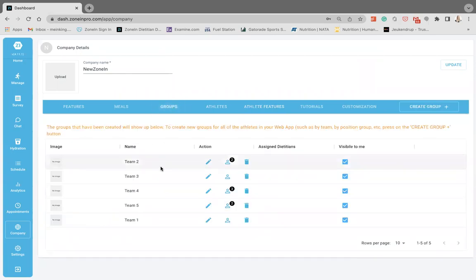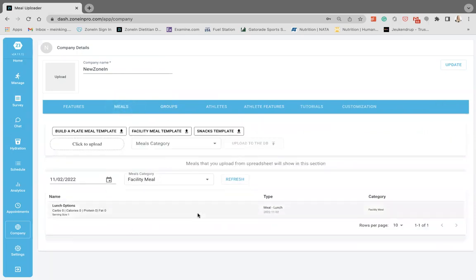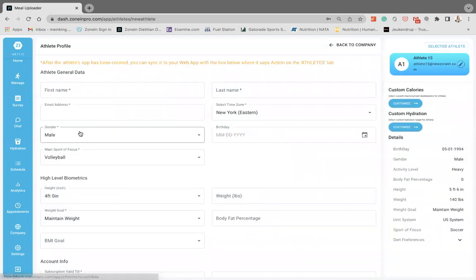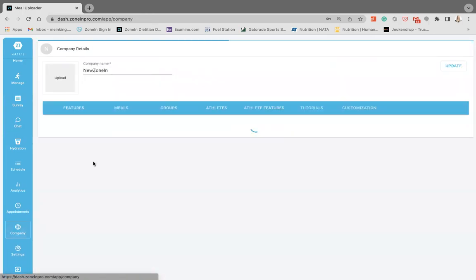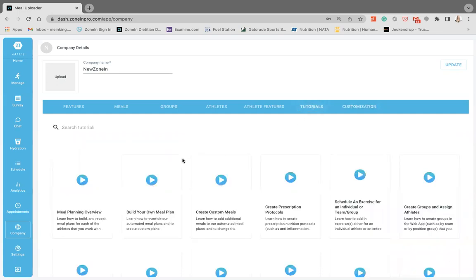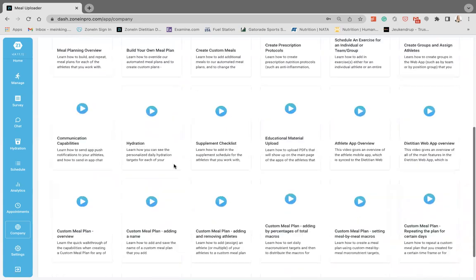This is where you can create those groups and group your athletes by teams or certain positions. This is where you can upload those facility meals really quickly and easily. This is where you can come in and create any athlete at any point in time. Pretty simple there. And then lastly here, this is where you can, of course, customize your app in terms of logos, colors, etc. And then this tab is all a bunch of tutorials going over some of these features,